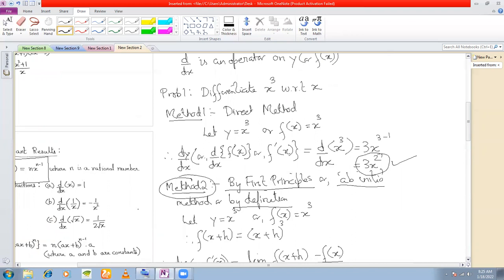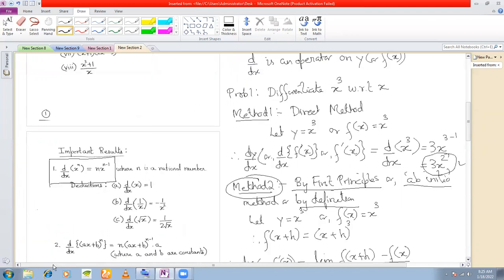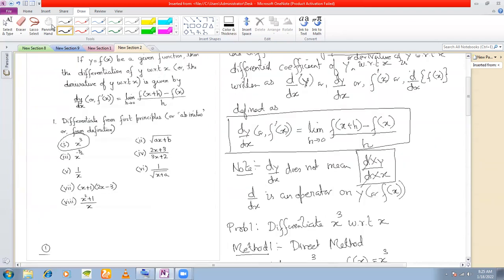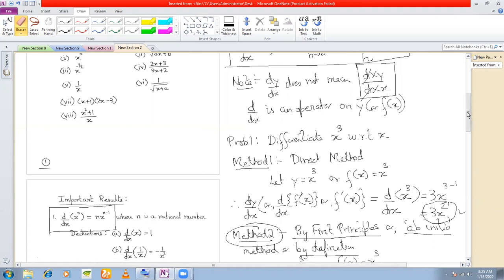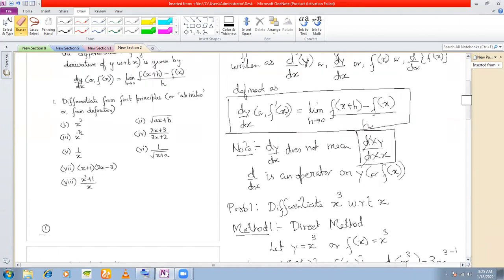Okay, now let's see how to differentiate directly first, and then we'll move. Although I've given this exercise first, and I have solved this one also, the first one I have solved from first principles. So I'll start with the second problem. Let's learn how to differentiate directly, and then we can differentiate from first principles. Because first principles hardly come; it is the direct method that comes. First principles is just for you to see how we can derive all the formulas in differentiation.